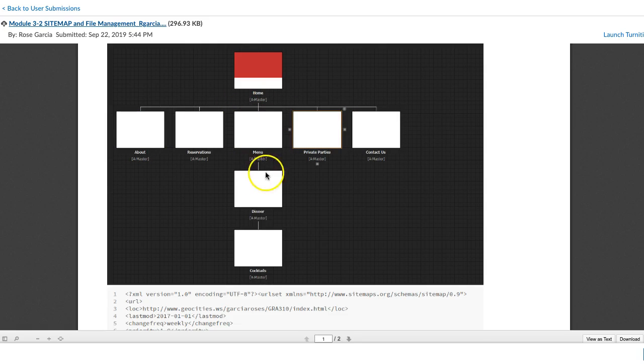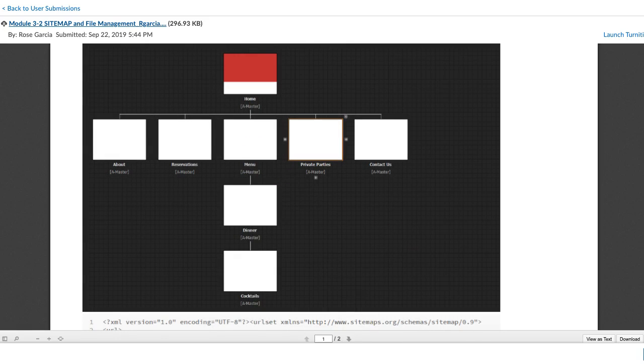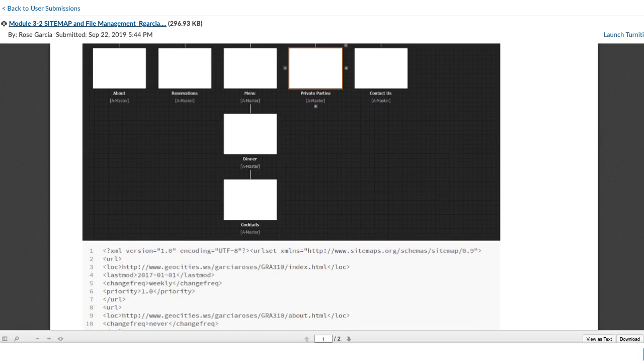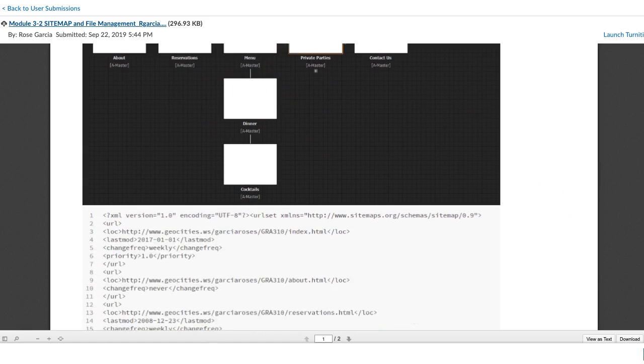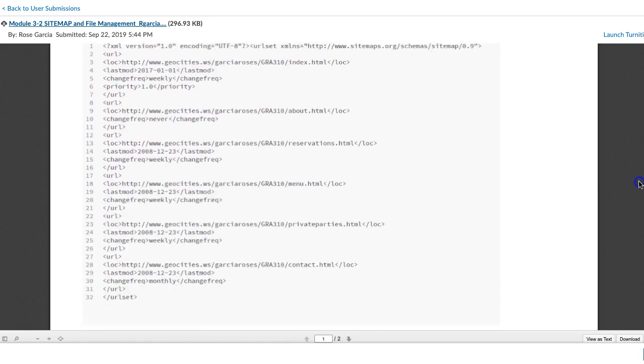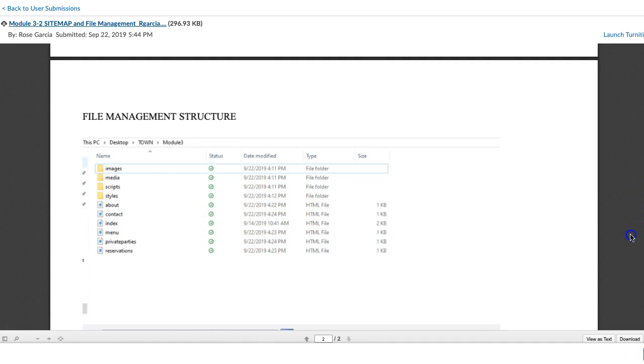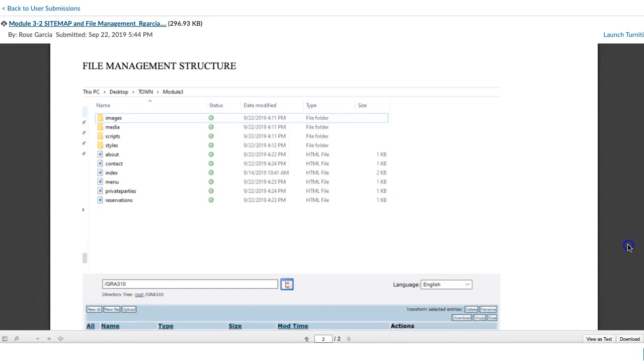More likely, oh, I see, that's menu. That's not home. Let me zoom in. So yeah, okay. So you've got 3 levels of pages. Actually 4, perhaps. No, 3. You might want to arrange dinner and cocktails on the same level. Just an idea to keep the clarification that your website is not so much deep as it is broad, if that makes any sense. Then you've also provided a coded sitemap, good going,